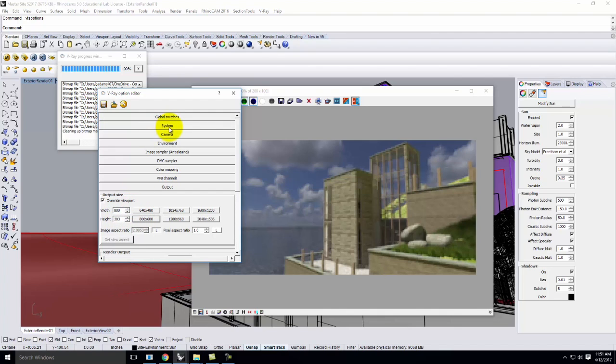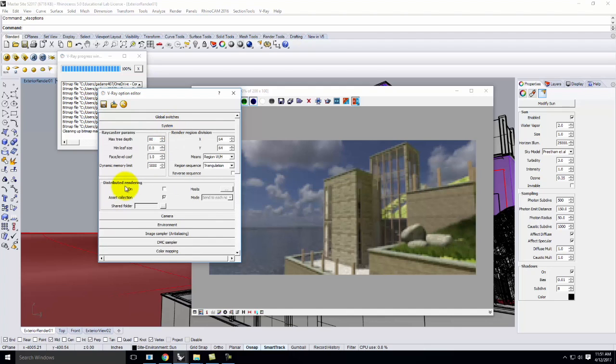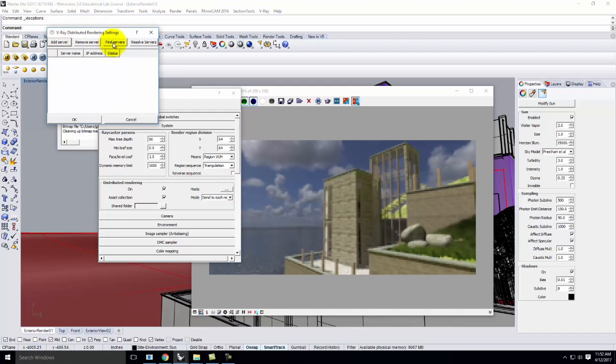But I also will go into the system settings, and this is where distributed or networked rendering can be advantageous. It's not as good as it used to be because the computers have to be logged in, and the vacant computers aren't logged in, and if they log off, it can do bad results. But for the most part, if we're all here, we can share some computer resources. I'm going to turn distributed rendering on with that little check mark. Then I'm going to go to the hosts button right here, and I'm going to click Find Servers,